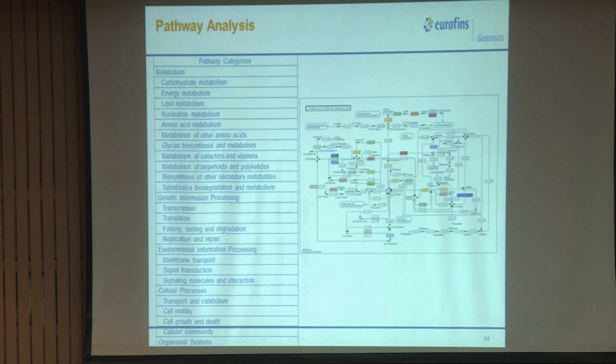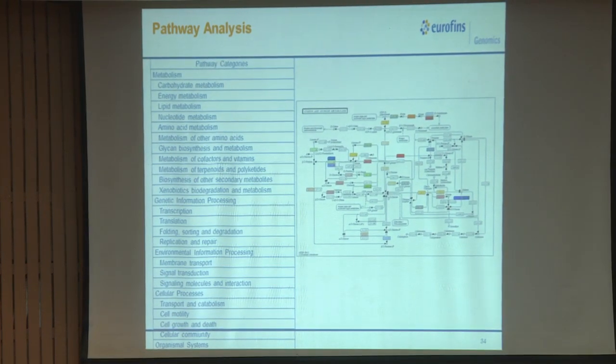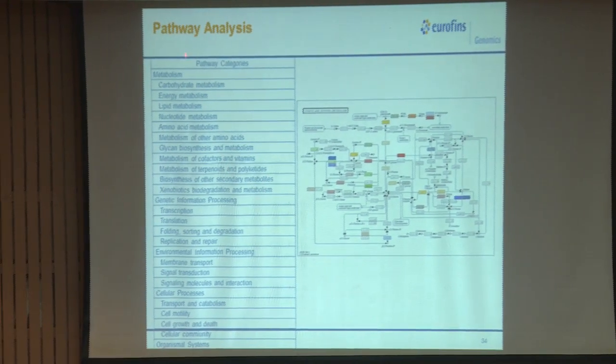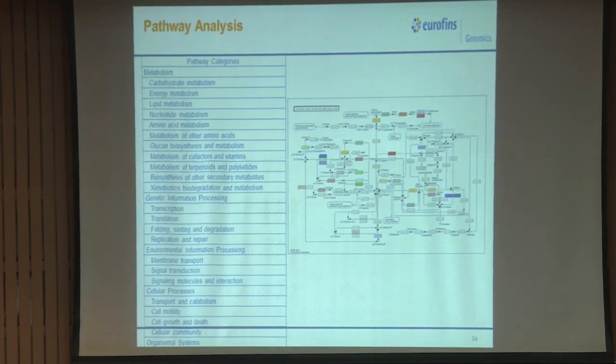Then the KEGG database, where you have various pathways; you just have to BLAST against the KEGG database. Whatever genes we have identified, we just BLAST them and identify which pathways these genes fall in, and these are the rough categories of the pathways which are available. So, we have a metabolism category, genetic information processing, environmental information processing, cellular processes, organism systems, and so on. In these categories again we have various pathways, for example in carbohydrate we have glycolysis and